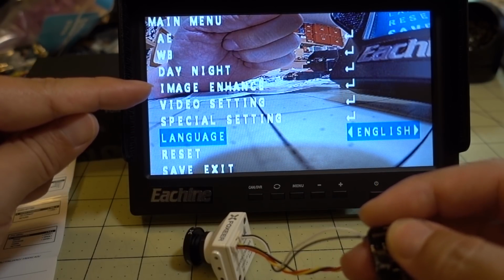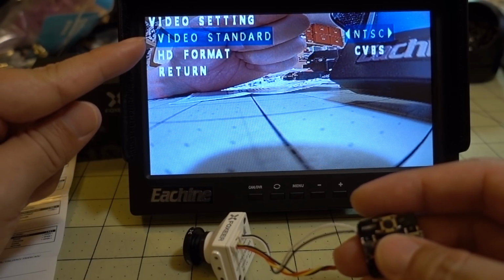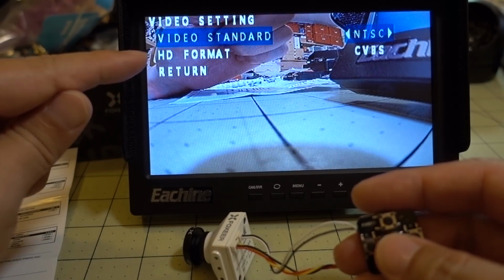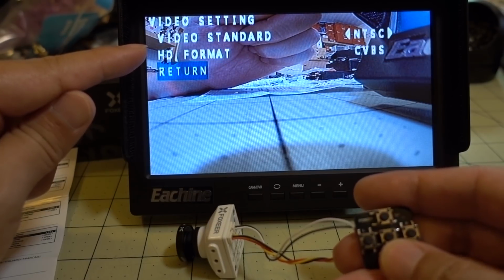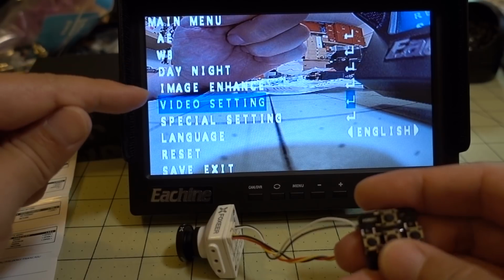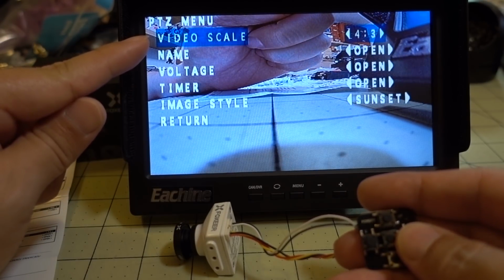I'm pretty sure we're going to be in NTSC mode. Let's check here in video setting. Yeah, we're in NTSC, and the HD format, I don't know what that is, CVBS, I'm going to leave that alone. But you can switch this from NTSC and PAL, and it's also 16:9 and 4:3 switchable. I think that's going to be under the special setting here. Yeah, you can switch this from 4:3 to 16:9,